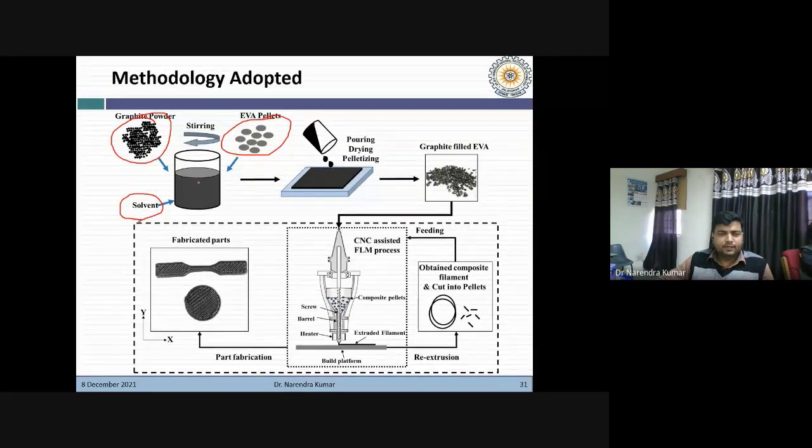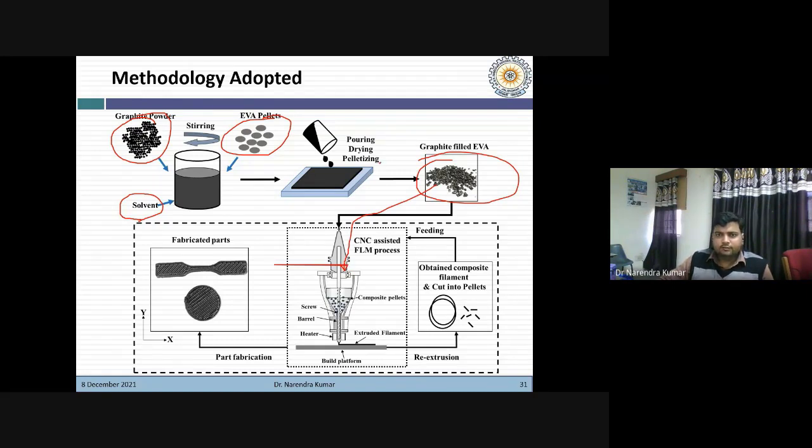Initially we prepare a solution with the help of EVA and solvent using the magnetic stirring method. Then we added the graphite powder into it, and poured this solution onto a flat plate. Then we pelletized it into small pellets, as you can see. Then these pellets were fed into the material deposition tool.